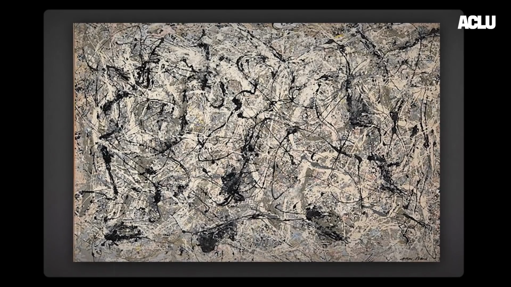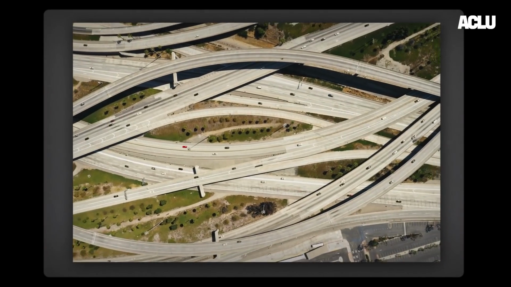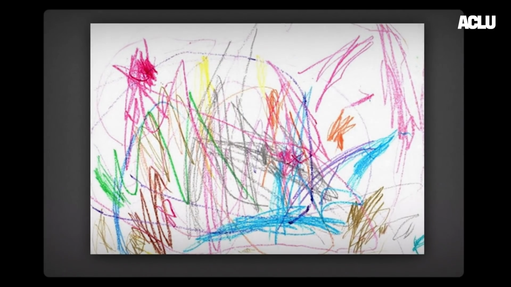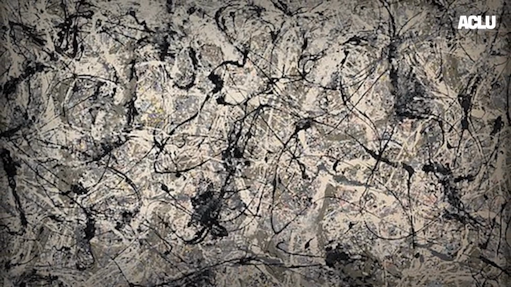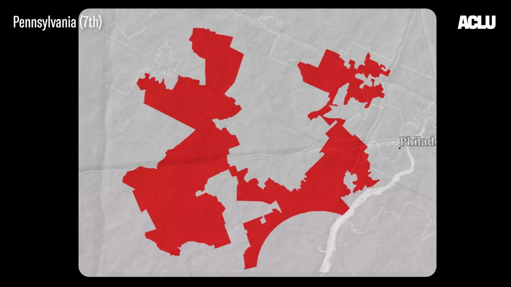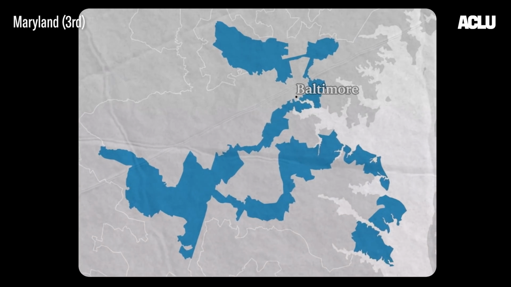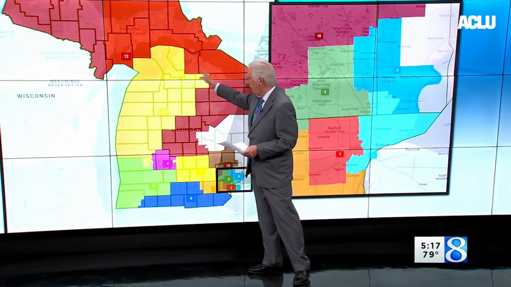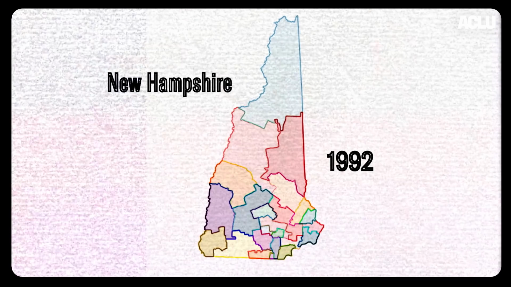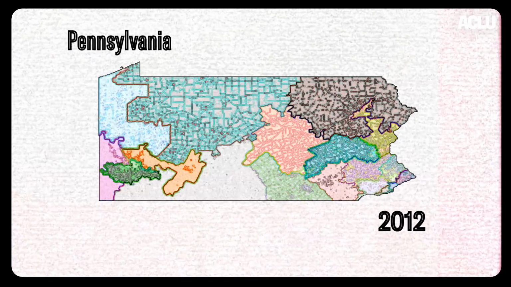What do Jackson Pollock, the Los Angeles freeway system, and this 2-year-old's drawing all have in common? They make far more sense to the average person than the maps of many congressional districts in this country. Every 10 years, district maps are redrawn according to the census to ensure fair and equal representation for the population,